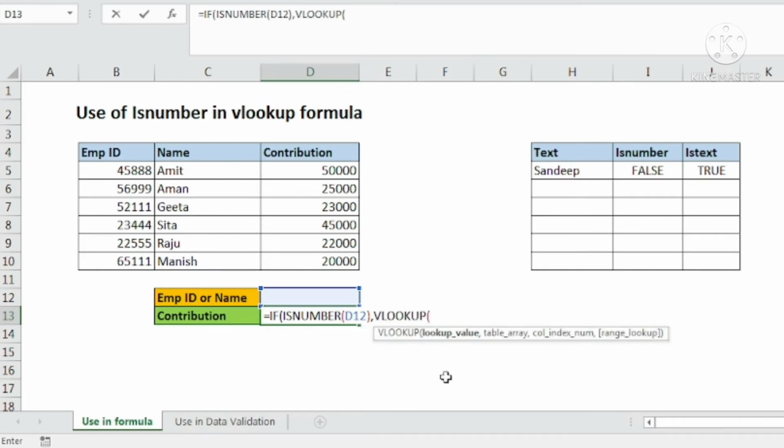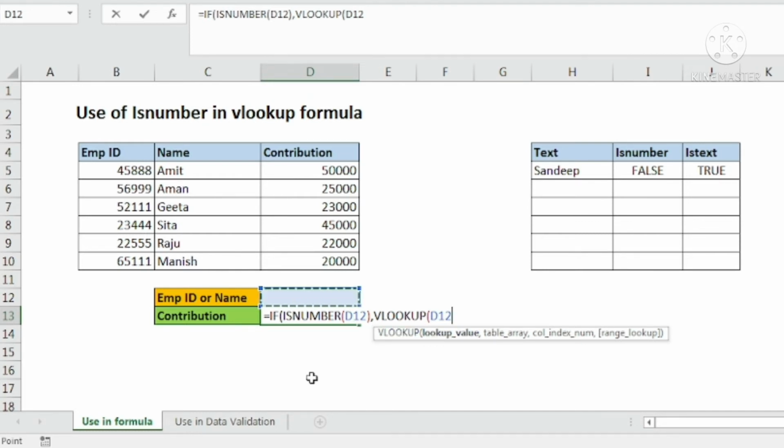VLOOKUP of what? VLOOKUP based upon the employee ID that the user is going to put. So if this particular cell contains the employee ID, the logical condition of the IF function will be true, and then the IF function will start using this VLOOKUP formula. So we are assuming that the user has inputted the employee ID in this particular cell. Based upon this employee ID, we are going to put the VLOOKUP formula.